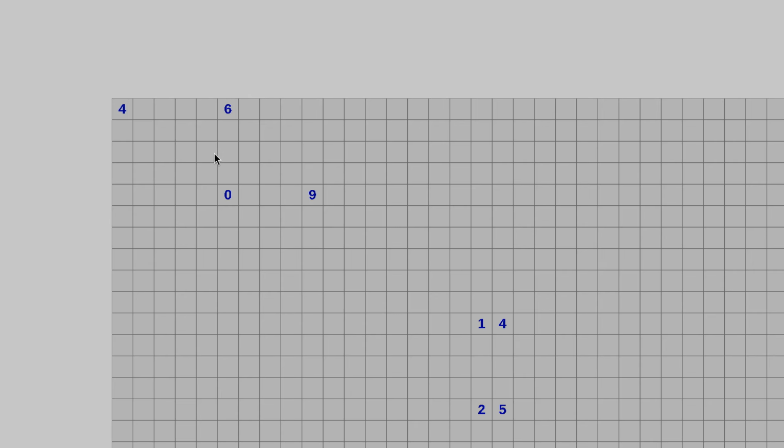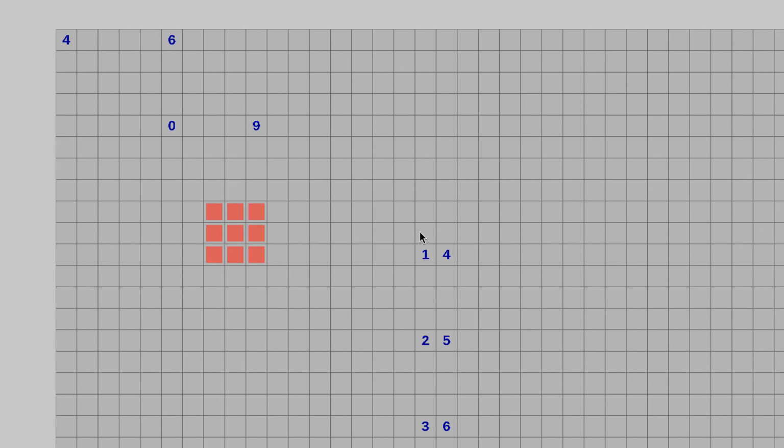Today we'll be looking at some of the more advanced patterns in the Mosaic puzzle. Just a reminder, in a Mosaic puzzle, your goal is to color every cell in the grid, either black or white, such that every one of the numbered regions tells you the number of black cells that are in its neighborhood. Now, if you've got a cell here, let's say, the neighborhood of 3 would be this 3 by 3